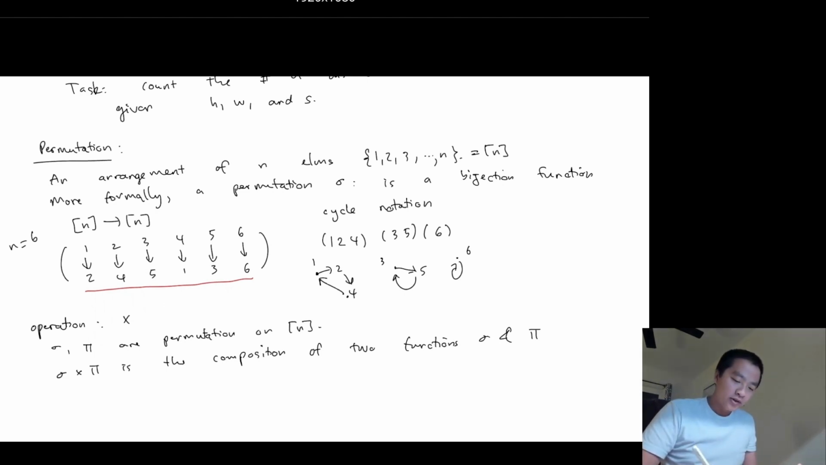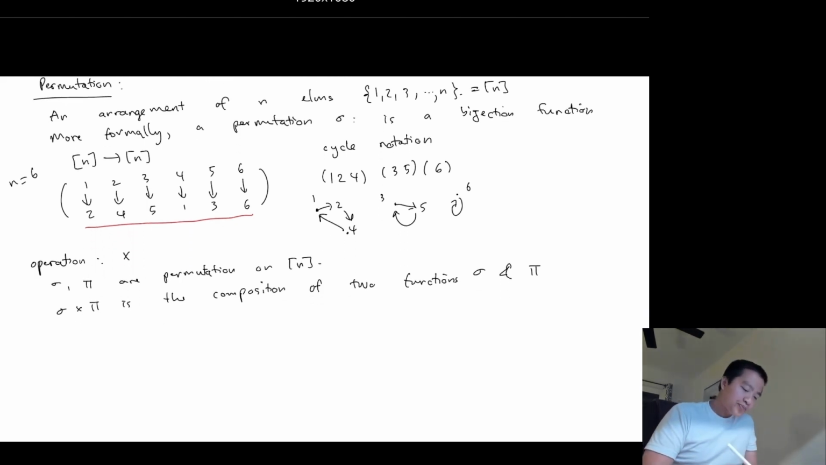Let me explain this a little bit more, right? So these are functions, right? Sigma times pi of x is basically the composition of these two functions. You apply pi to x, you get some element, and now you apply sigma to pi of x. And most of you would be familiar with this, but just to be on the safe side, I'll give an